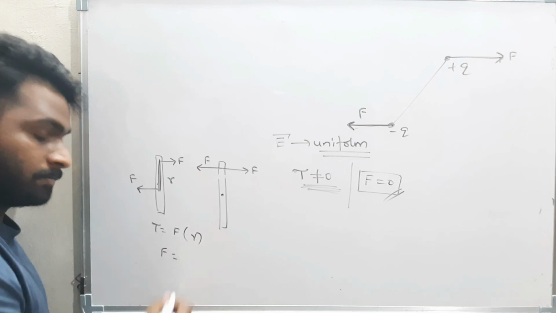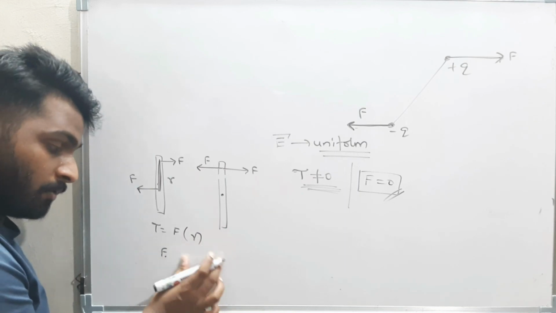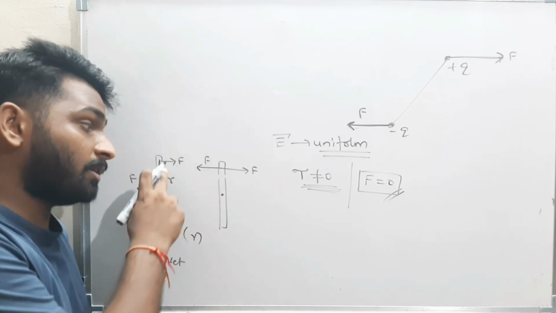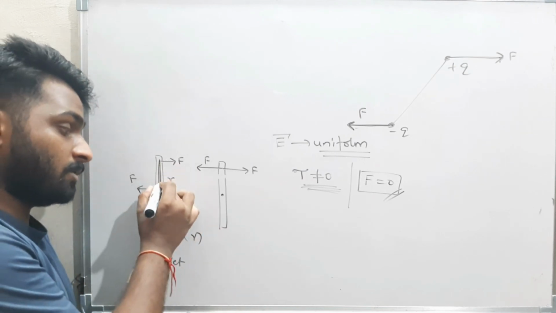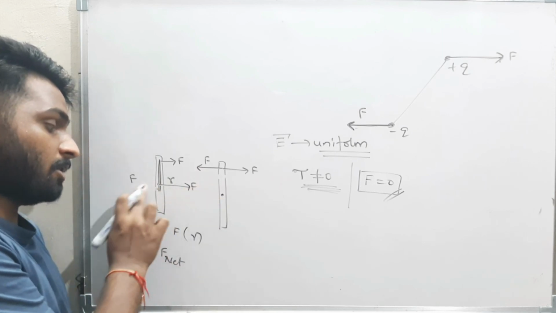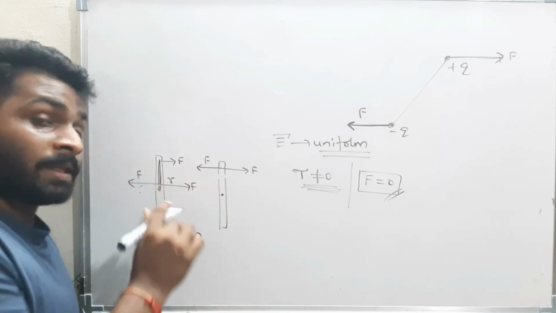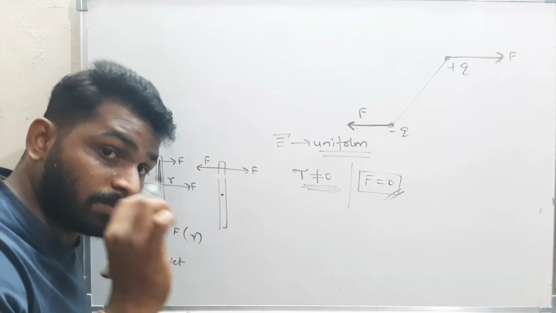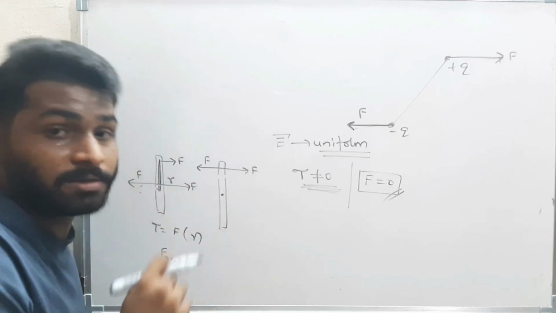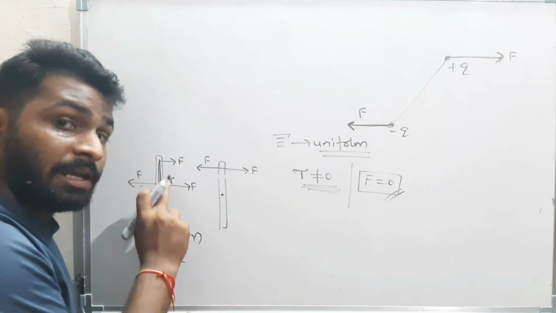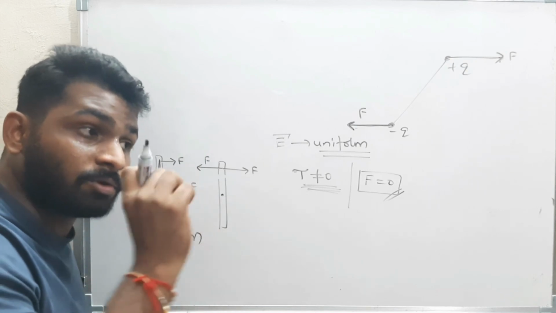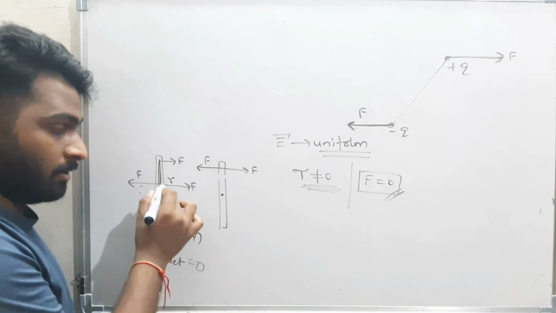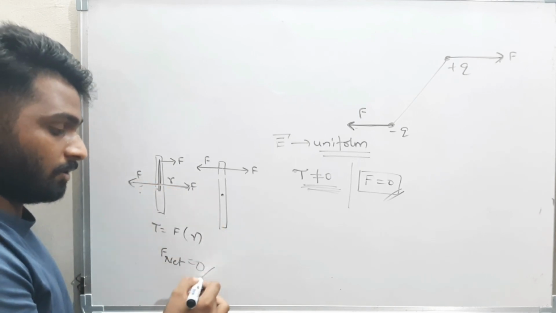What is the force here? What is the resultant force? The net force. What is the net force? I have to assume the forces are acting at the center of mass. This force I will assume as if it is acting at the center of mass, and this force I will assume as if it is acting at the center of mass. The linear forces we always have to assume as if they are acting at the center of mass. Please remember that. We will study this one in rotatory mechanics. Very important point. The linear forces I always have to assume as if the forces are acting at the center of mass. Therefore, the net force is this side F and this side it is F. Therefore, net force is 0.